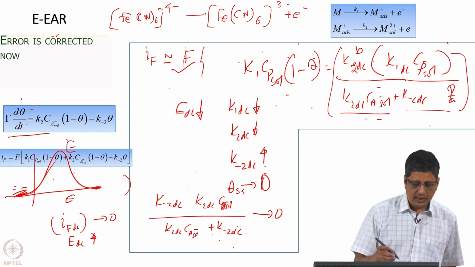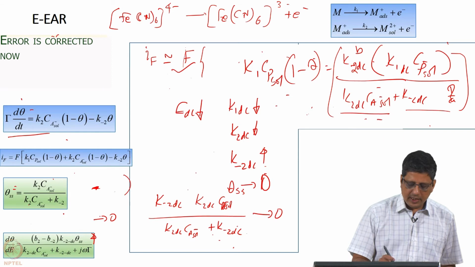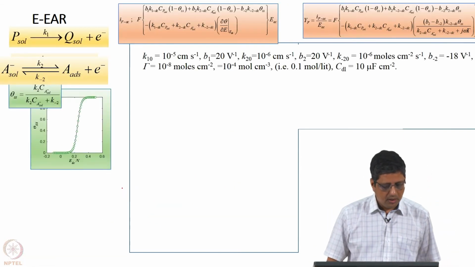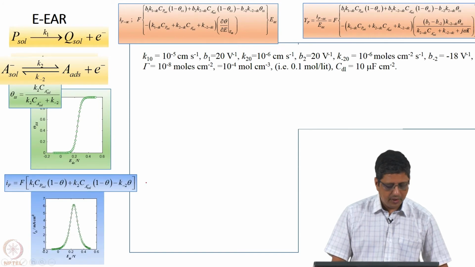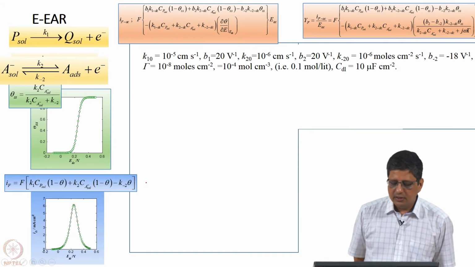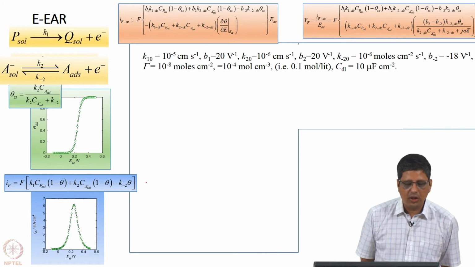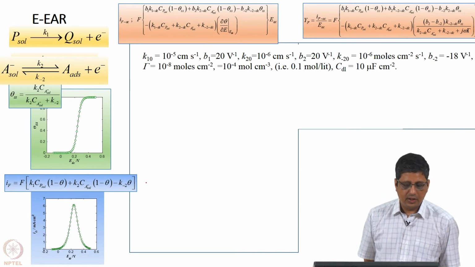Given the expression for theta, given the expression for current, of course, to look at the impedance we need to get d theta values, we will see tomorrow. But theta versus DC and current versus DC for some specific values of constants, if we take them, this is the plot that we get. At low values it is 0, at large values, large here in this example is 0.5 volts, low here is close to 0.